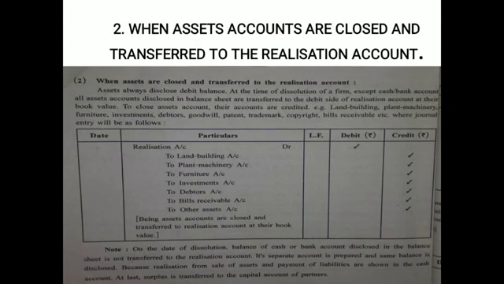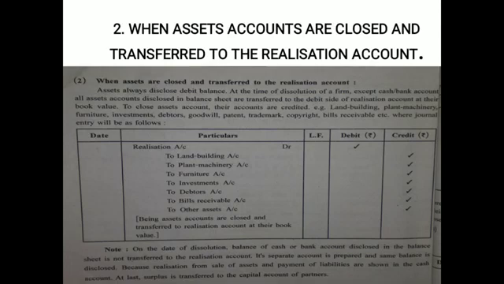Obviously, the basic balance of assets is a debit balance. And at the time of dissolution of a firm, except cash and bank account, we already know this, all assets accounts disclosed in the balance sheet are transferred to the debit side of the realization account at their book value. Most important point. To close assets accounts, their accounts are credited, that is land and building, plant and machinery, furniture, investments, debtors, goodwill, patent,